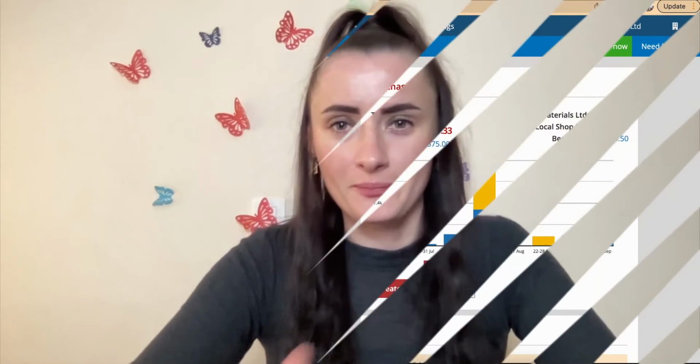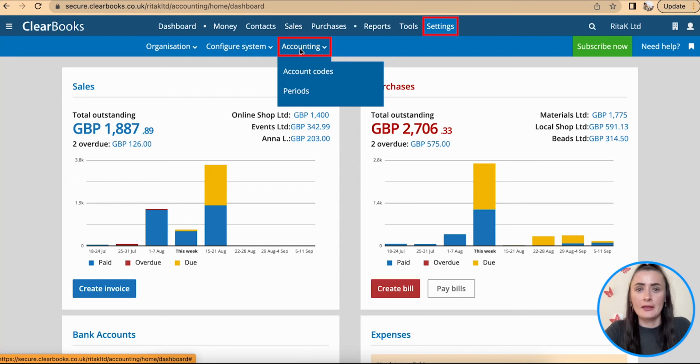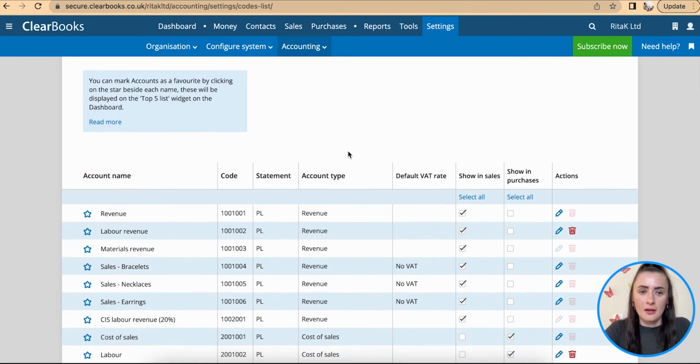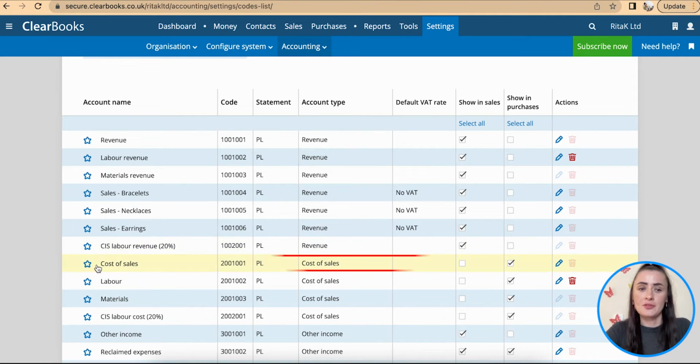QuickBooks accounting software. To amend chart of accounts, we need to go to settings section and subsection called accounting. Here we can access account codes. From my list, there are separate revenue streams already created, but there are no separate revenue streams for cost of